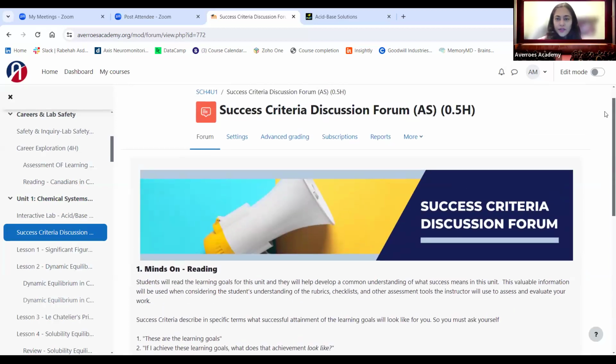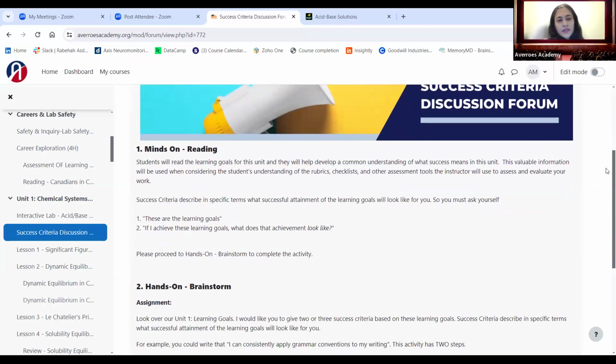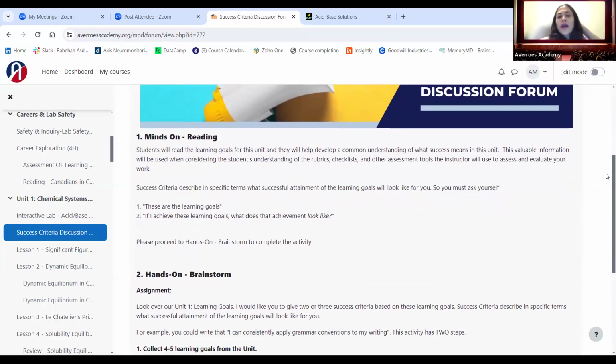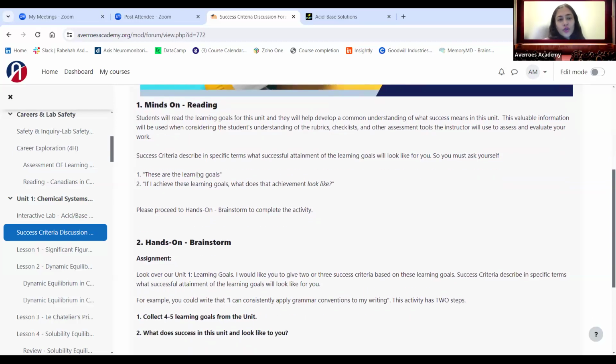So the success criteria for this unit: read the learning goals for this unit, and they will help develop a common understanding of what success means in this unit. This valuable information will be used when considering your understanding of the rubrics, checklists, and other assessment tools I will use to assess and evaluate your work. So the success criteria,